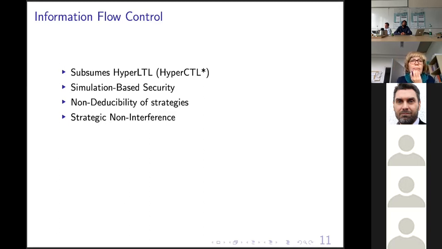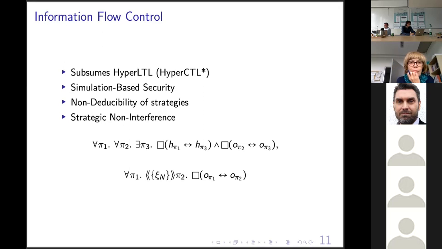So just as an example of the strategic non-interference, here again is the formula of generalized non-interference, where the existential quantifier is in some cases just too strong. And what we can express in hyper-ATL star is this formula. So we no longer view our transition system as a transition system, but in fact as a game structure where we have a dedicated player to resolve the non-determinism of our system and a dedicated player that selects the input of our system. And we can now ask, for every trace pi1, does the non-determinism have a strategy to ensure that the output is identical?